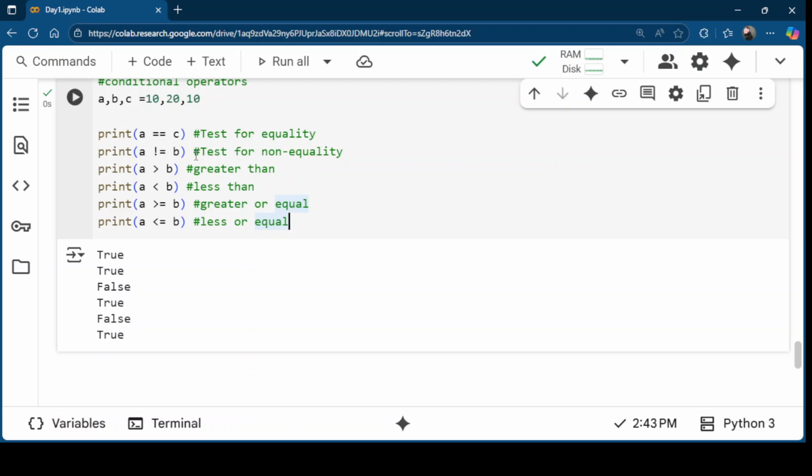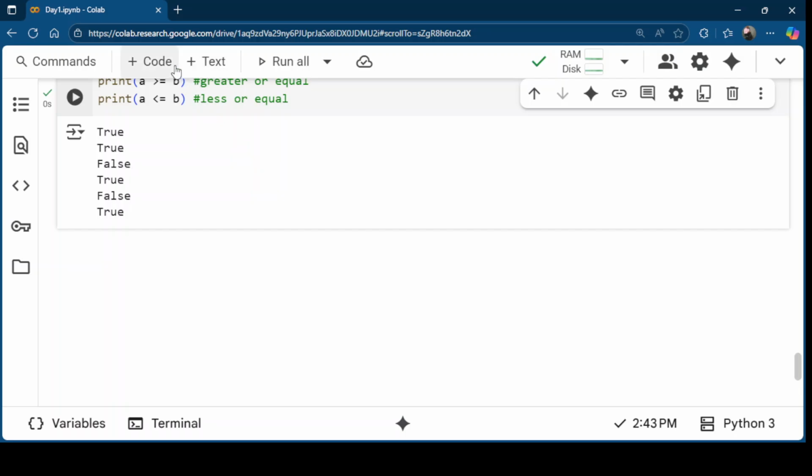Okay, so the logical or conditional operators will always return a true or false value. And with this symbol, when you want to implement not, you want to negate a true statement, you use that exclamation. Once I want to say if something is not this, then do this. So that means if it's true, change it to false. If it's false, change it to true. Okay? So I think with that we can move on to conditional